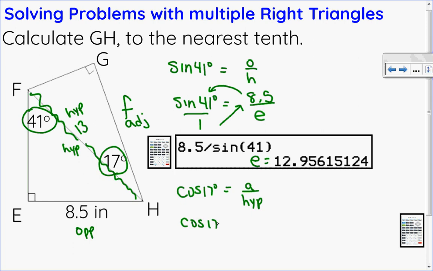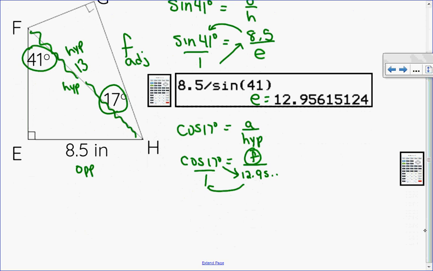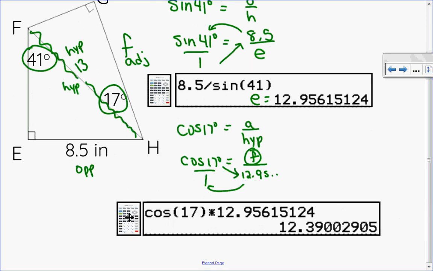So cosine of 17 degrees is equal to adjacent, which is our side F, over hypotenuse, which is 13, but we're going to use the unrounded value, which is 12.95, etc. So just keep that number on your calculator. So put this over 1, solving for side F, I'm going to cross multiply and divide, and I can just put that into my calculator. So I do cos of 17 multiplied by my unrounded value, and that would be side F. So they wanted it to the nearest tenth, so I'm going to say that side F is 12.4, and my units